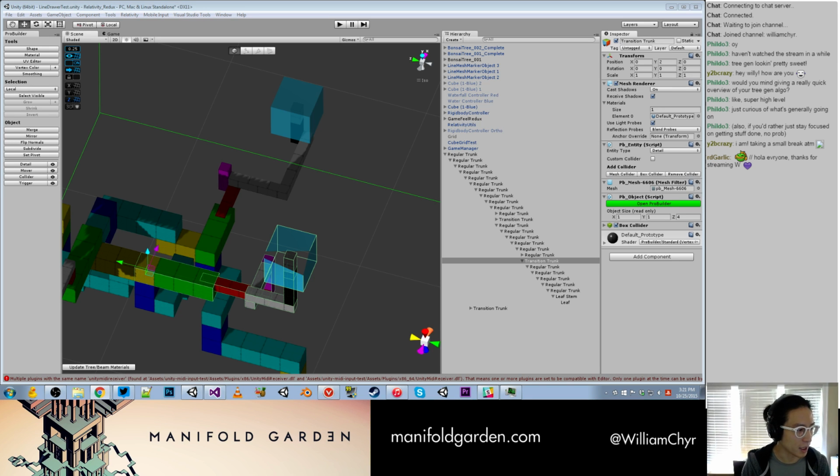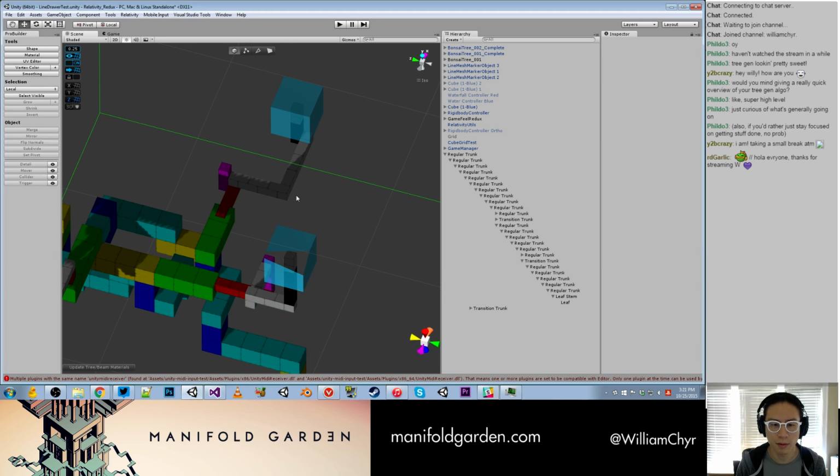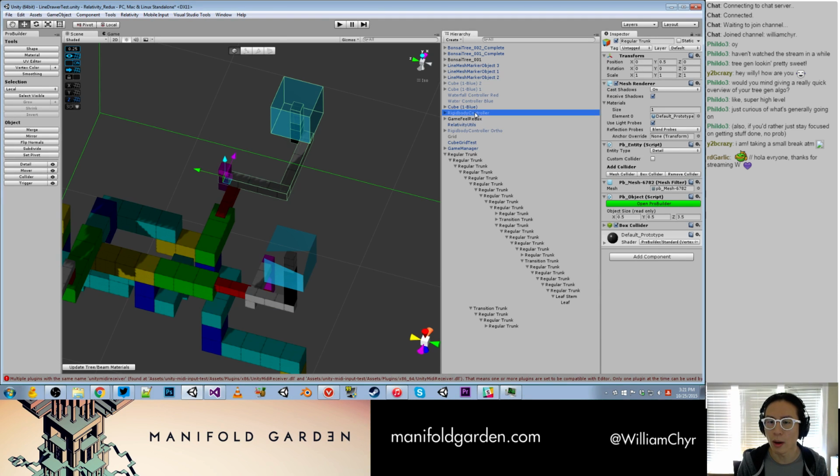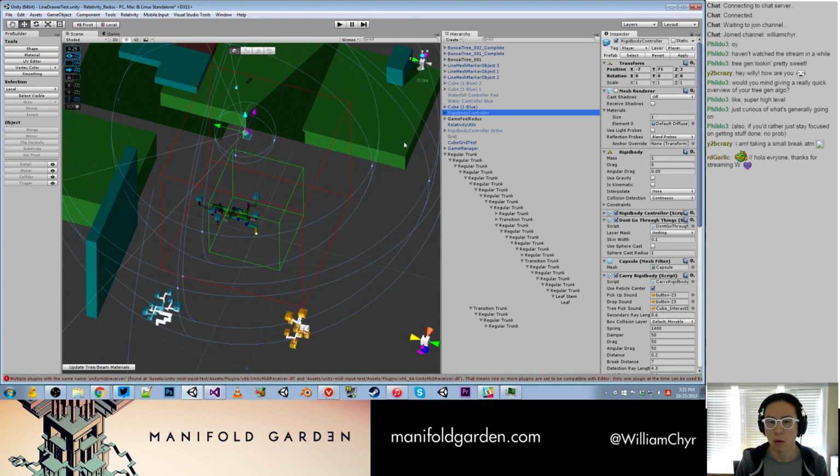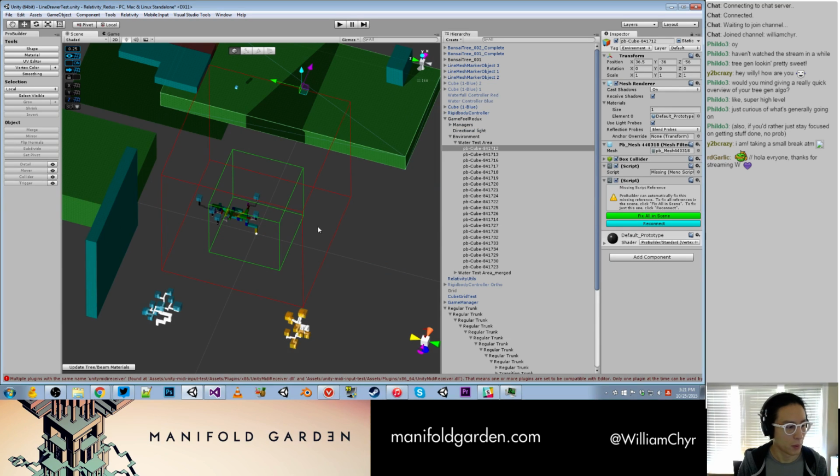And Red Garlic, hello. I think I said hello earlier. We're just trying to get this ProBuilder stuff sorted. So the new ones are, the old ones, they're